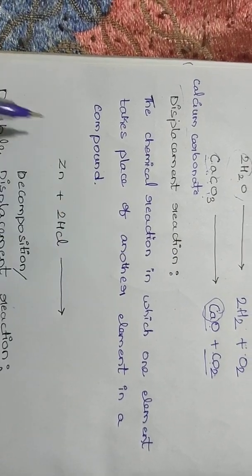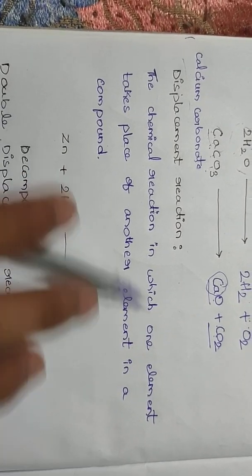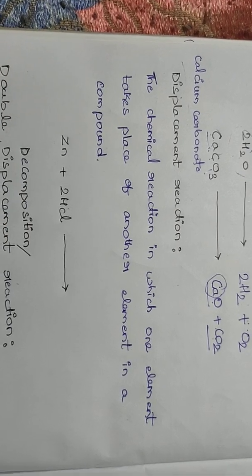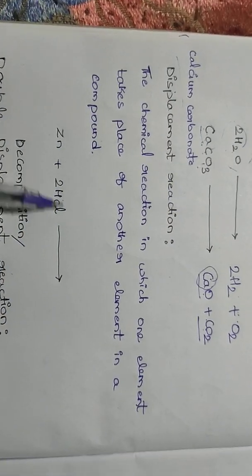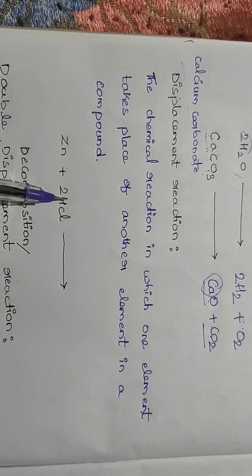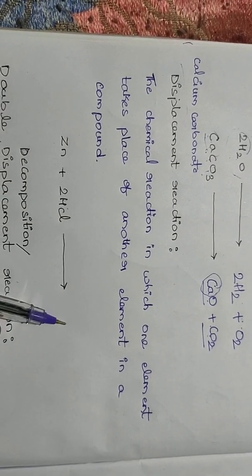Now we'll move on to displacement reaction. The reaction in which one element takes the place of another element in a compound is known as a displacement reaction. There are two substances, they are reacting with each other, and now in the reaction what happens,